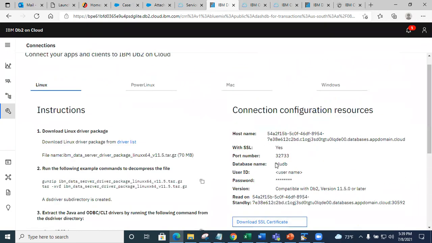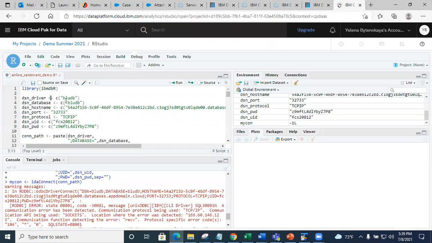Okay. What else is in here? With SSL, yes, but where is it? It used to be. Okay, so I'm going to try it again now and see. Username is this. Let's try without the driver and the protocol type in that connection path string.